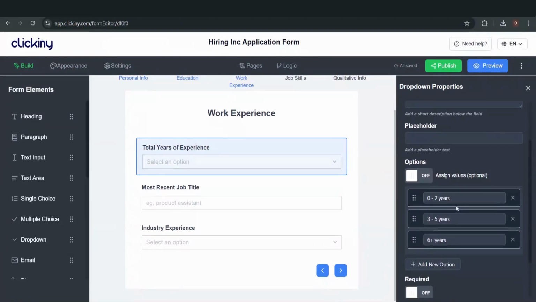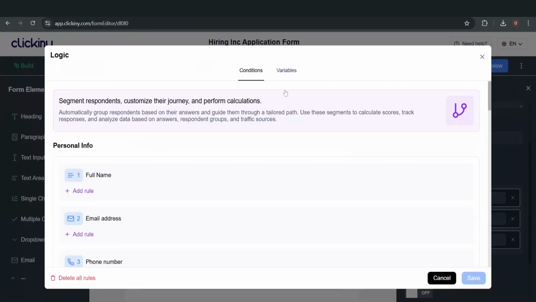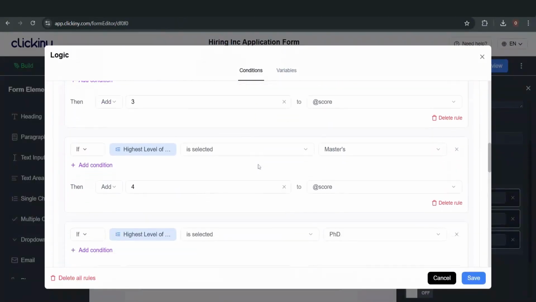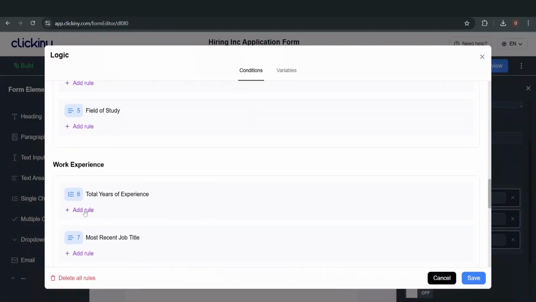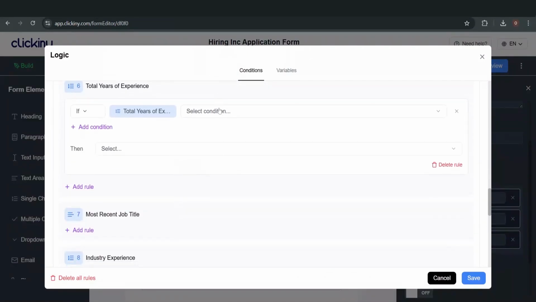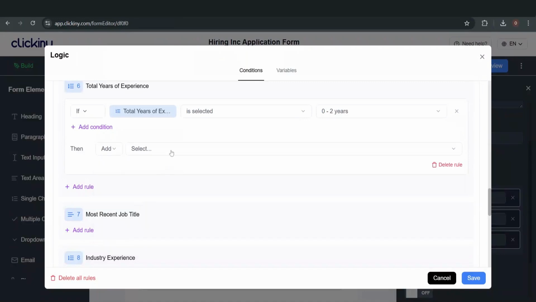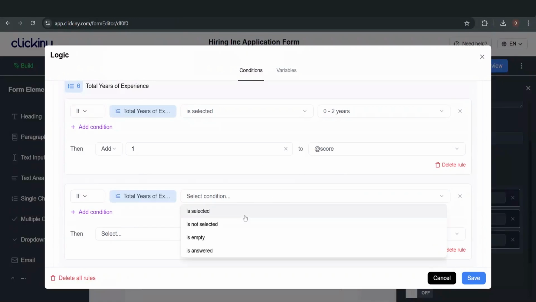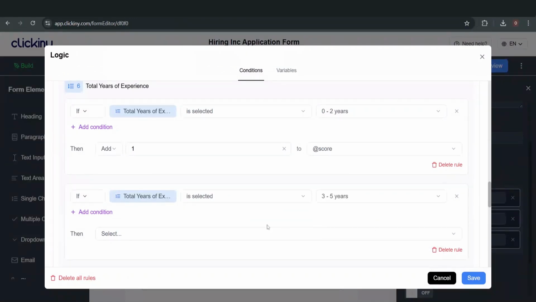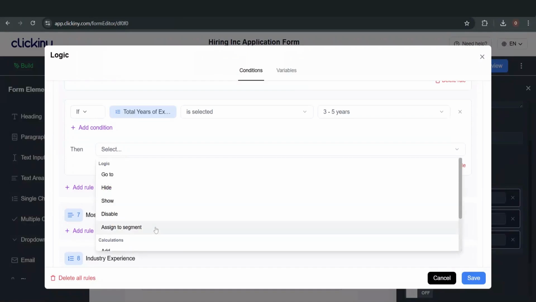In here we have 0 to 2 years, 3 to 5 years, and 6 years. So similarly, we can use logic as well to get this done. So here, years of experience. Add a rule just like before, and then we'll say if they select 0 to 2 years, we want to give them a score of 1. If they select 3 to 5 years, we would like to give them a score of 2